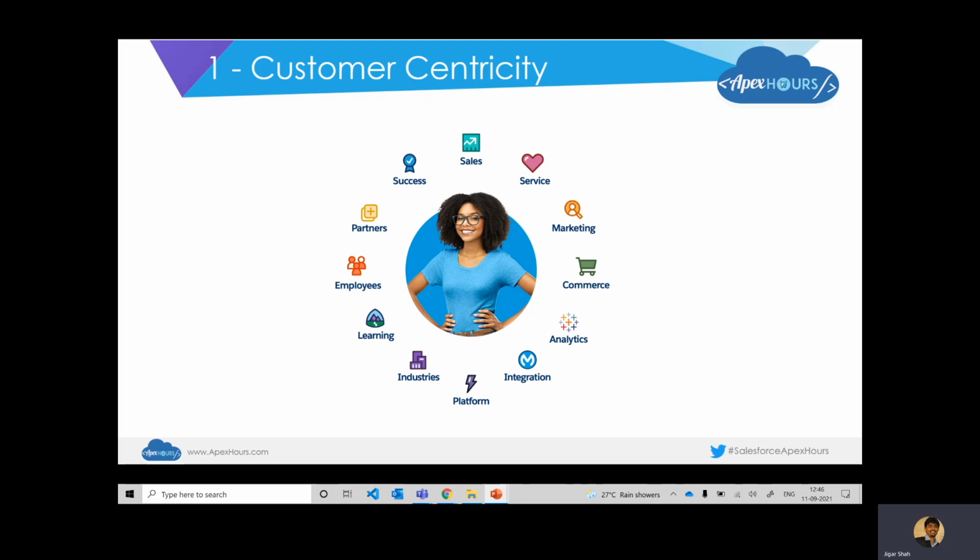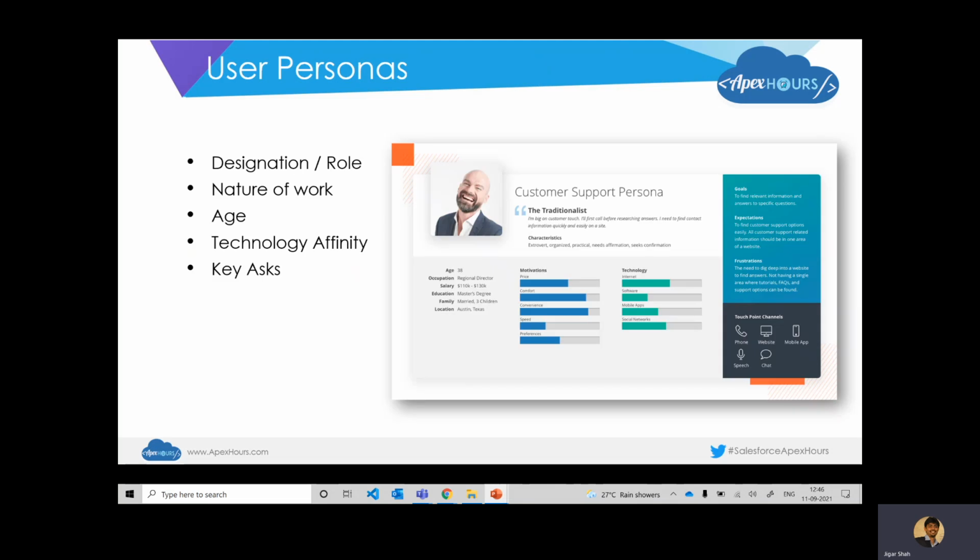A lot of times the answer that I get is users are not very open to talking about what they're doing. So it's a fair point, and the way you can actually address that during a demonstration is by understanding the concept of user personas. I think user persona is a very important concept which is critical to not only implementations, architecting a solution, but also during a Salesforce demonstration. Because in a nutshell, a persona is basically a collection of users of a certain type.